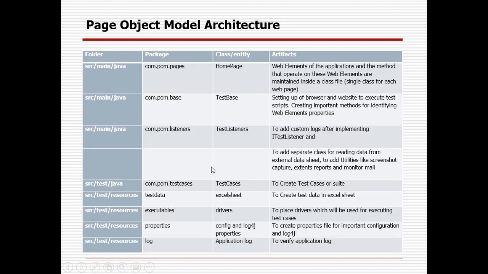Okay, somehow it has got removed here. So there will be another folder called utilities, right? Where we will be creating a class for all the utilities. Utilities means if you want to create your screenshot, you need to create extent report, or if you want to use some listeners part, you also need to use that in the src main Java. Package name will be com.form.utilities, and your class will be test utilities.